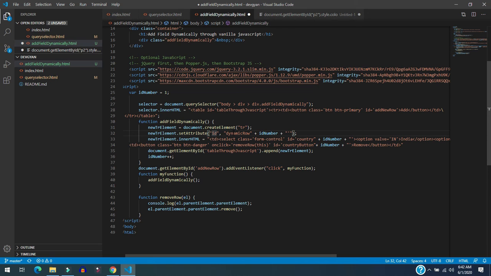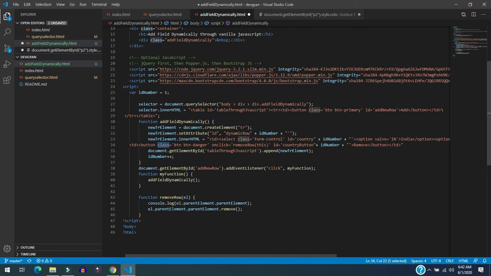That's why we are providing id and appending some number, so that each id will be unique, and whenever we need to select the right element, we can select it through this id. And now you can see that the number is incremented.